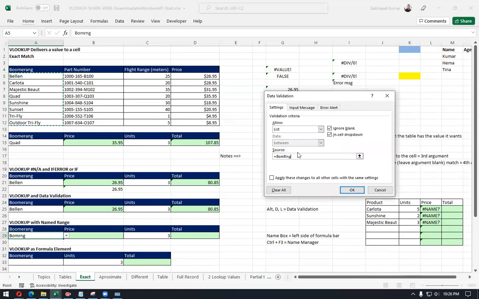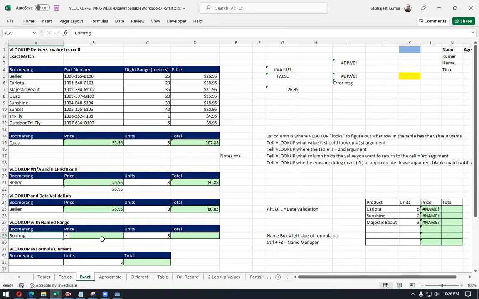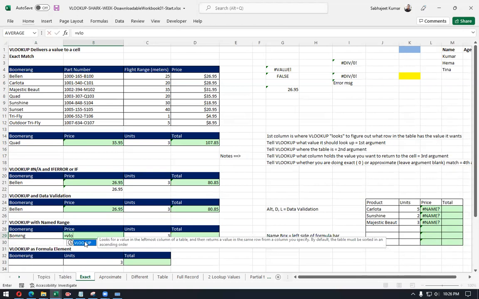Oh, sorry, I forgot to put an equal sign. That's why it was an error. I have to put an equal sign at the start so that it will understand that it's a formula, not just text. So now I say VLOOKUP